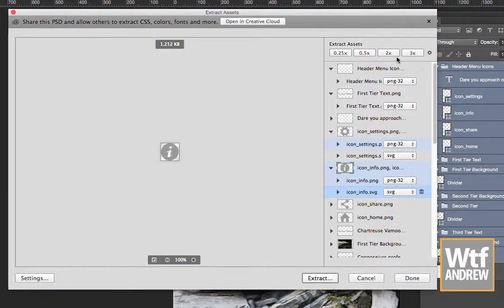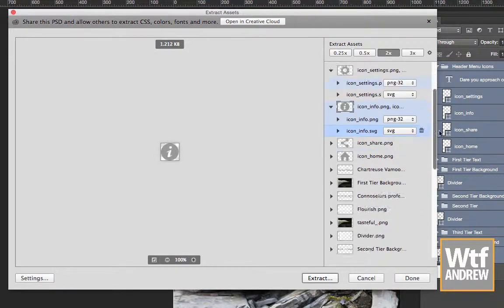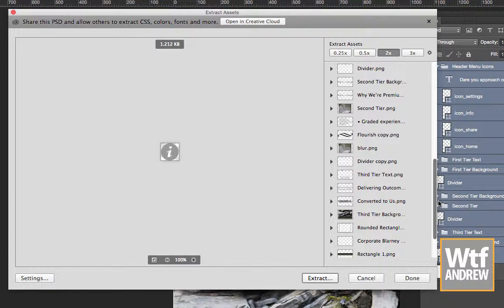I can also ask it to not only generate normal size 100% assets, or icons and bits and pieces, but I can get it to do 2 times or even 3 times for Retina and other high DPI displays. So if I go and say that I want a 2 times version as well, if I just go along with what I've got here, I mean obviously I could go through and think about this a little bit more, but if I just go and click extract now,